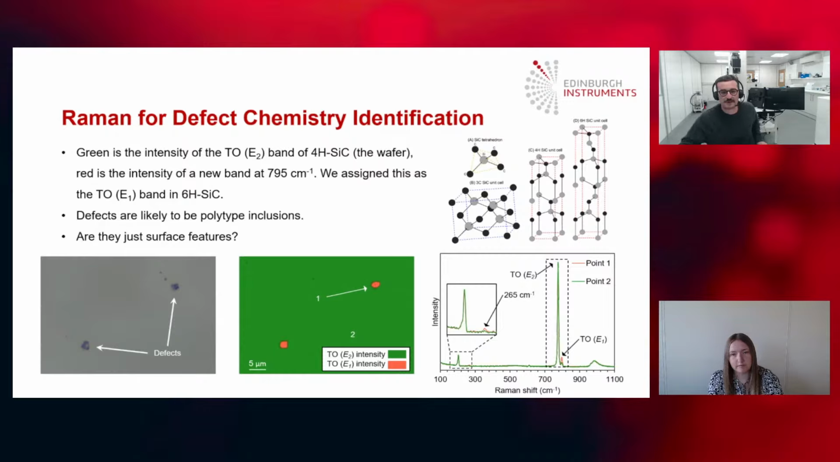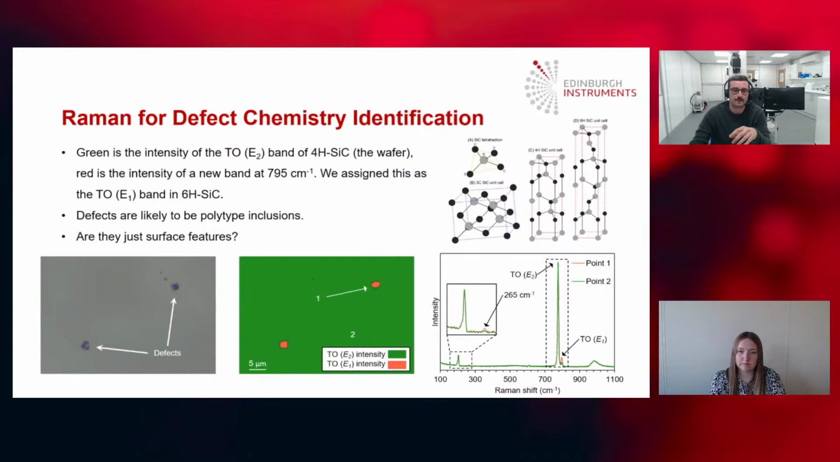So what do I mean by 4H? In silicon carbide, you have a silicon carbide tetrahedron, and in 4H SiC, these will stack with hexagonal symmetry. And the number 4 refers to the number of carbon layers within the unit cell. So for the structures on screen, it's C,